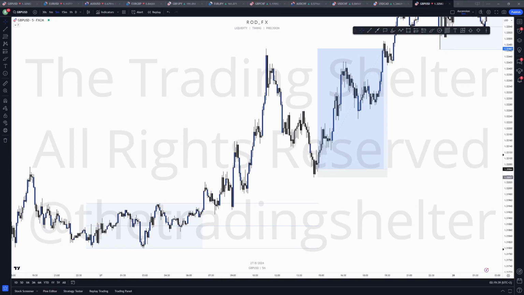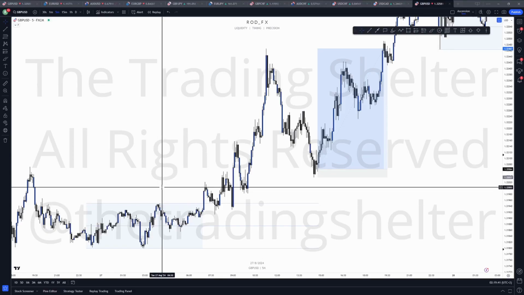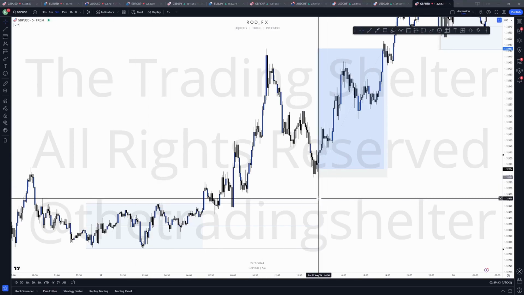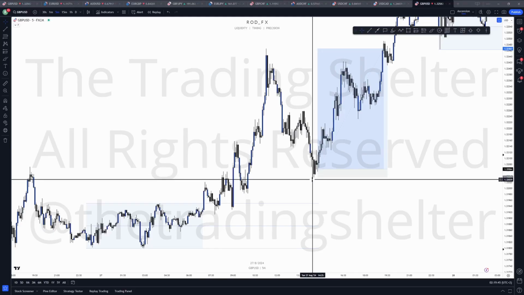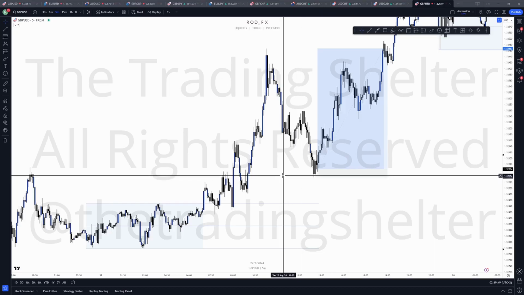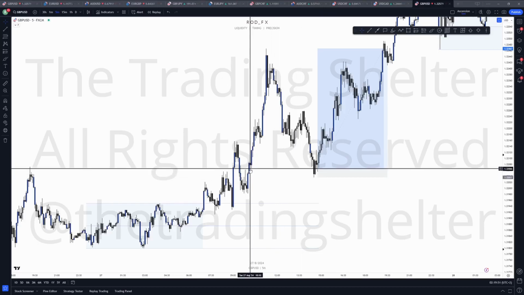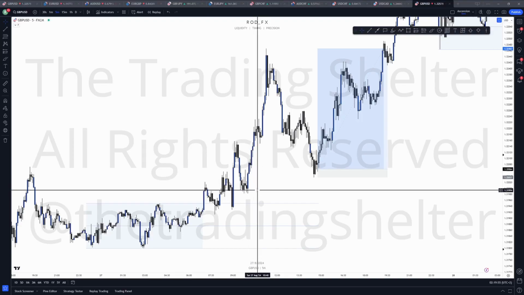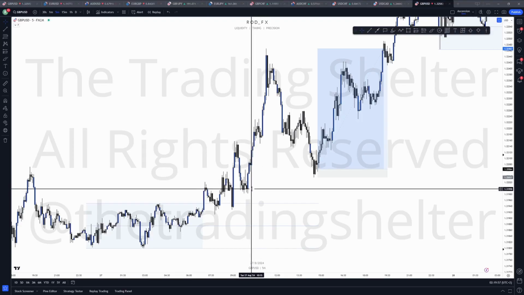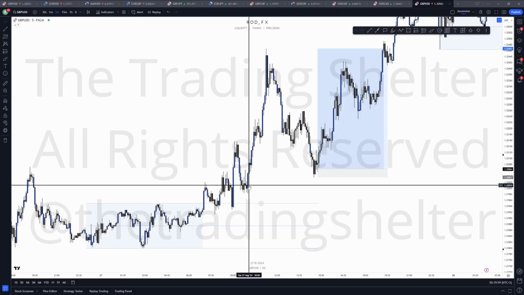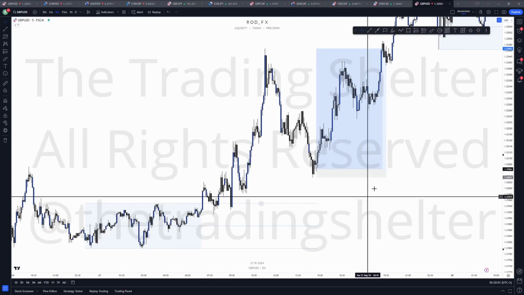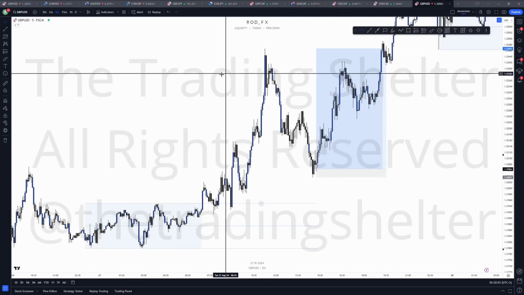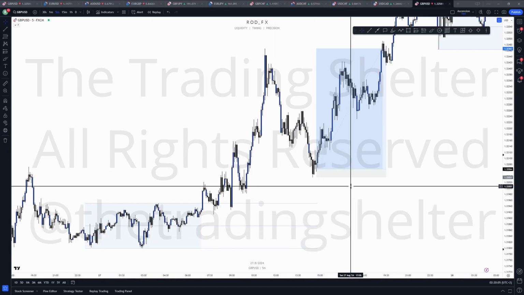Right, GU, August 27th. This is the trade I took today. We're going to go over it together and understand my reasoning, my thought process, and especially my confluences to enter this trade. It's really important that as of now, every time that we're going to be doing a chart breakdown, it's